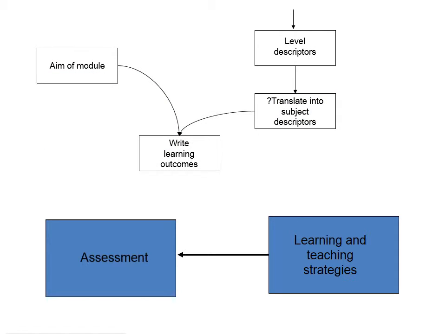In fact, we might begin to replace some of those components with a more sophisticated and more subtle articulation. Beginning first with the specification of what we wish our learners to be able to do in terms of generic level descriptors, i.e. which level the students are working at in their undergraduate or postgraduate studies, but also in relation to the content of a course and the aims, the things that we might wish our students to be able to do at the end of it in a subject or disciplinary specific setting, which allows us to plan and write learning outcomes in relation to the aims of a module.